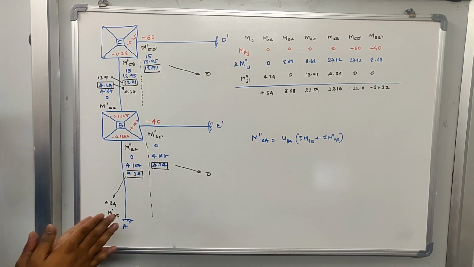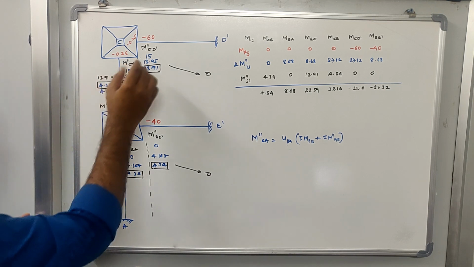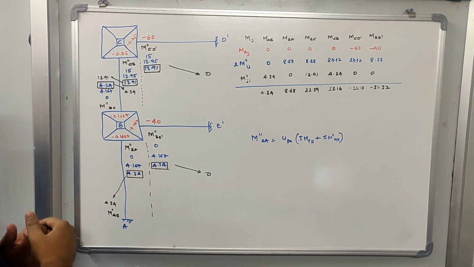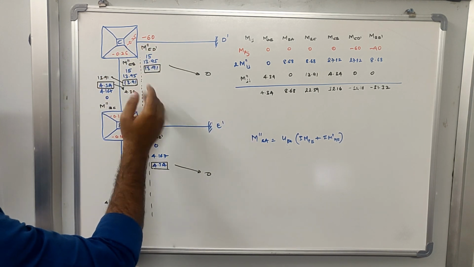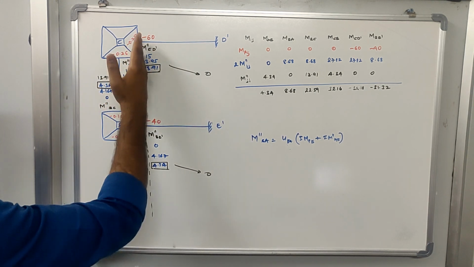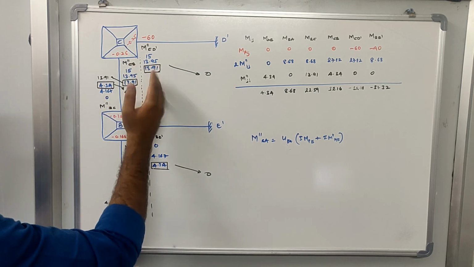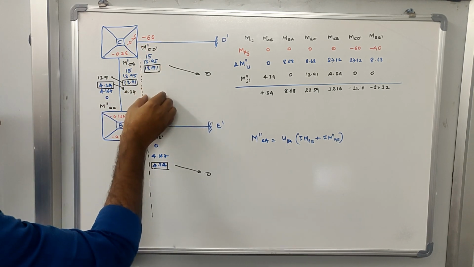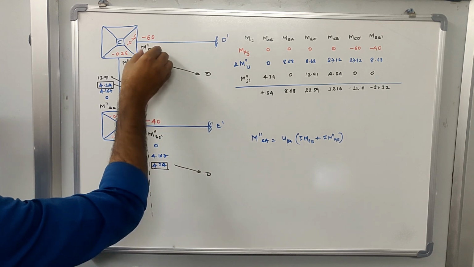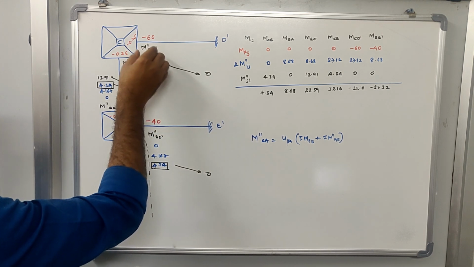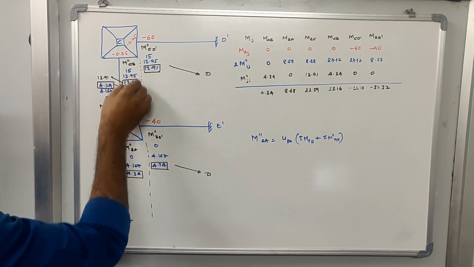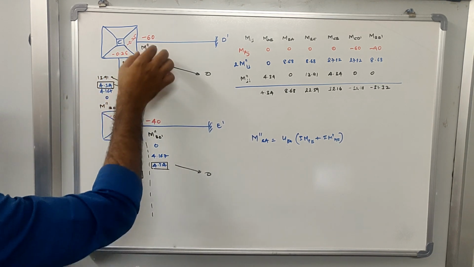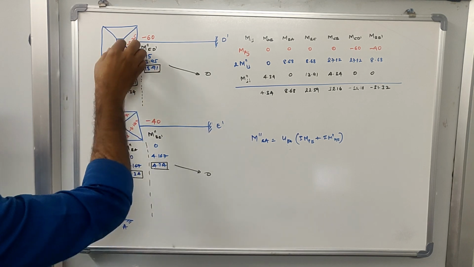Now what you need to observe here is, if I am calculating the rotation moment for CD, I'll write it in this column. As you can see, this black line separates these two values. So in this column, I am going to write all the rotation moments of CD. The rotation moments of CB will be written in this column. Okay, now this completes the rotation moments to be calculated for joint C.